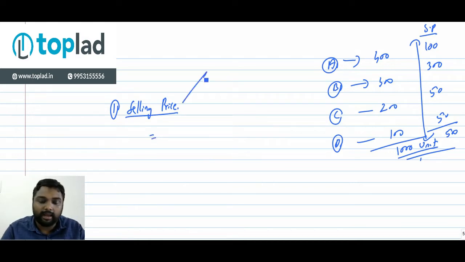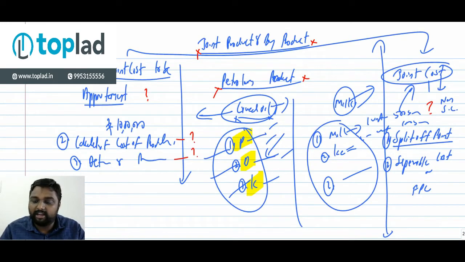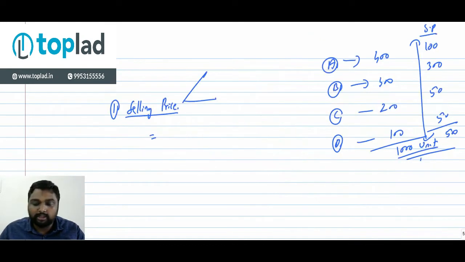The selling price can be two. We have told that the point where the product gets individual identity is called the split off point. Generally, we will process at this stage and convert into another form of product, which is called the final product. So there can be two selling prices. One is the selling price at split off. Another one is the final selling price, at the final level, with no other conversion.